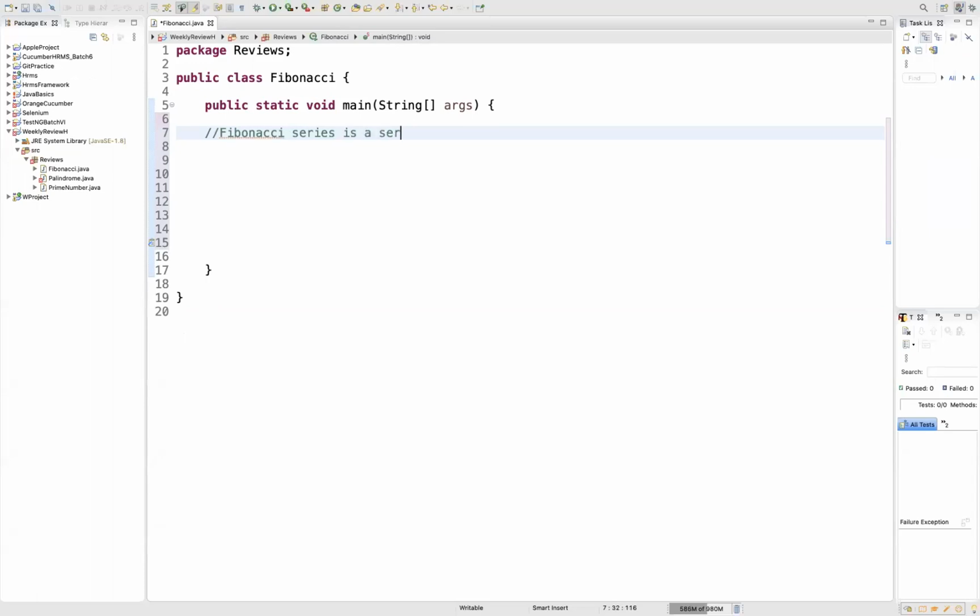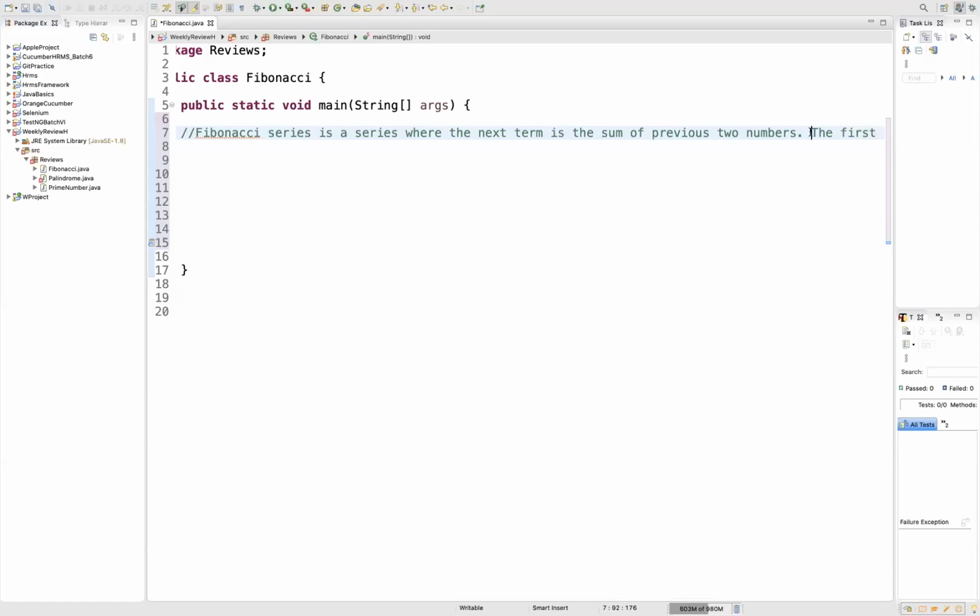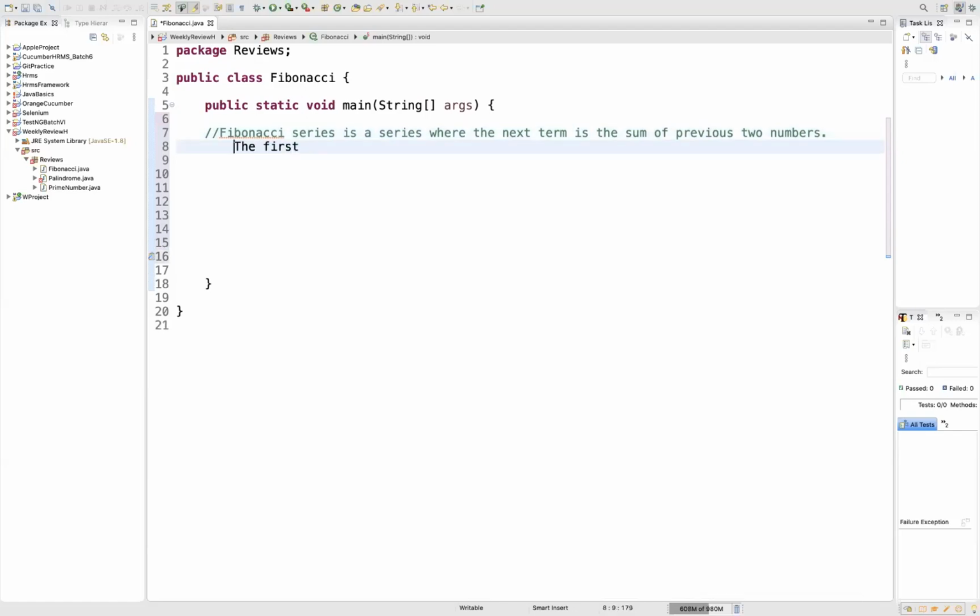is a series where the next term is the sum of the previous two numbers. The first, let's make a second row. Let's put this into the second row. Here we go. The first two terms of the Fibonacci sequence is followed by